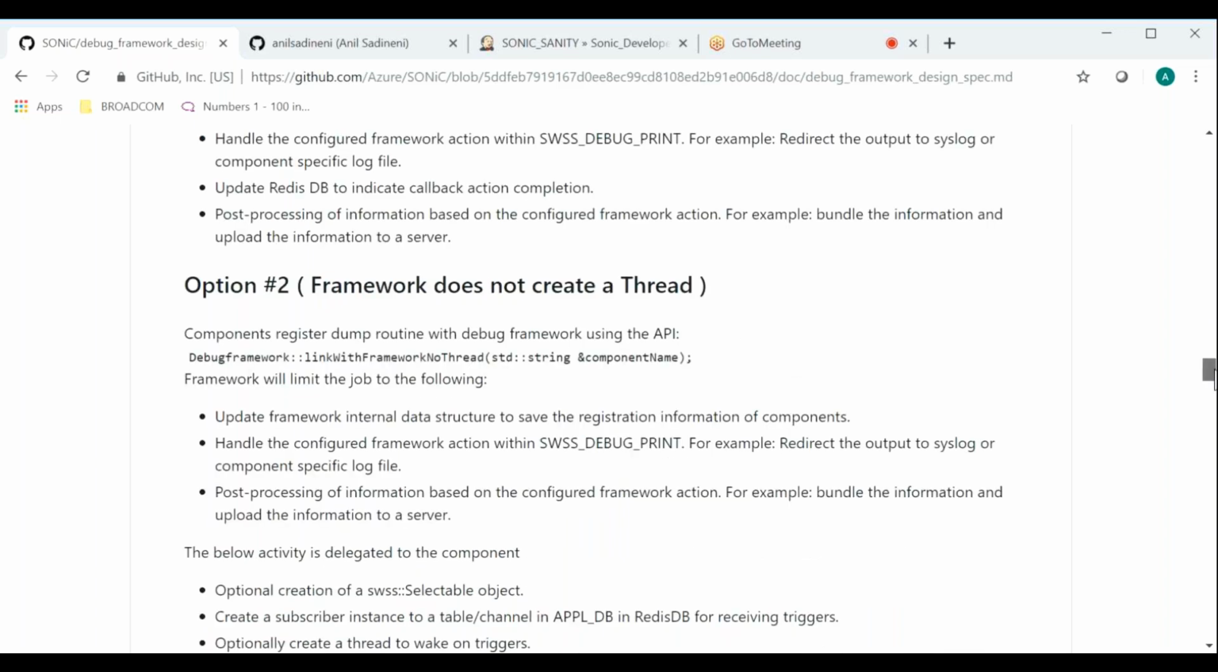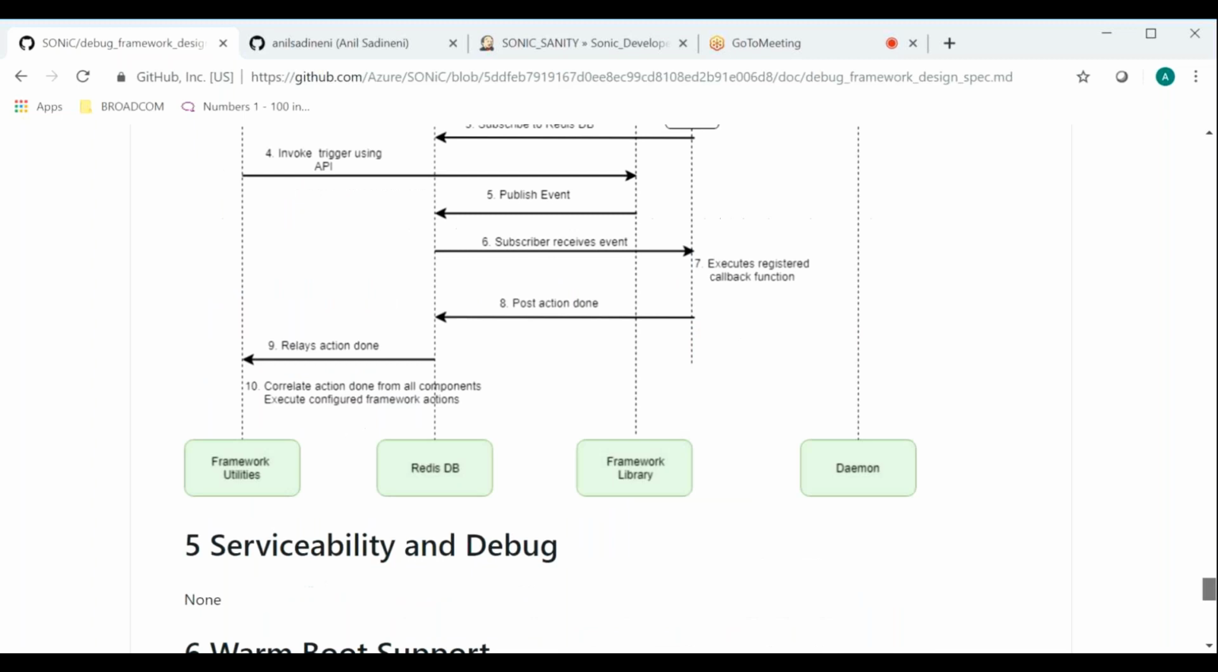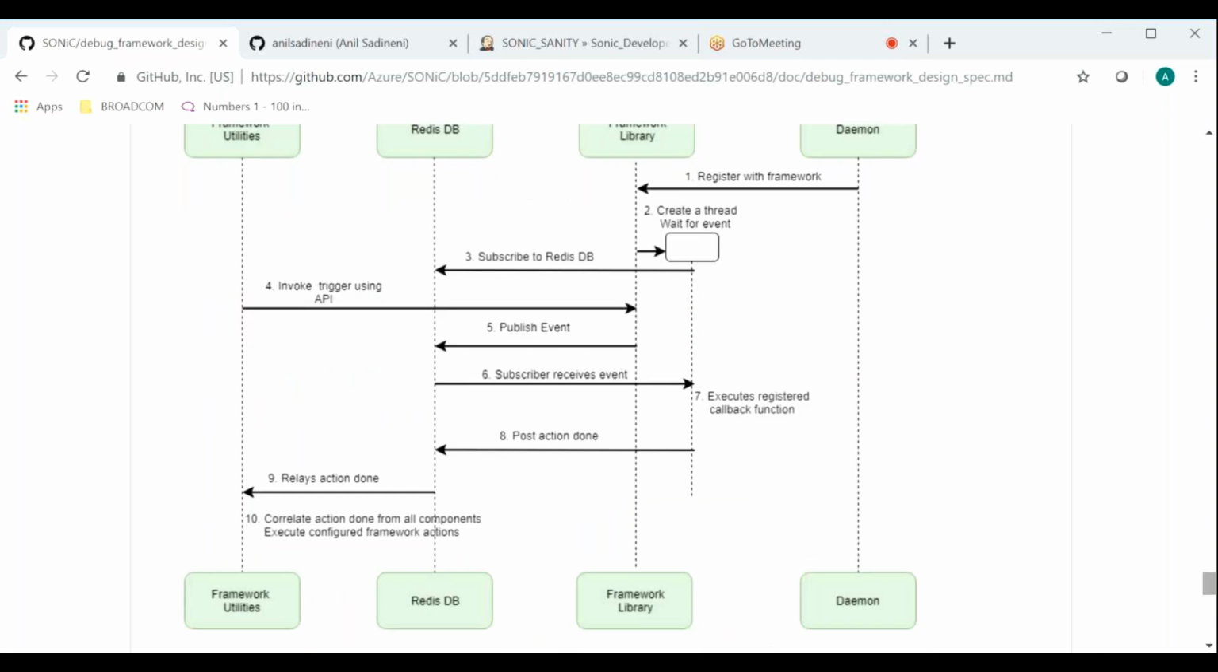let's go to the flow diagram here. When the daemon or a component registers with the framework, I'll get to the detail. There are two options you can do it. What I describe now is option one. When you register with the framework, it creates a thread and waits on the event from the Redis notification, and it subscribes. So this is one API call, registering with the framework,